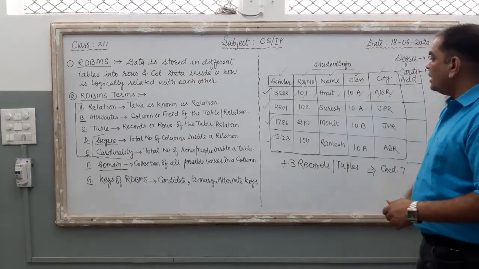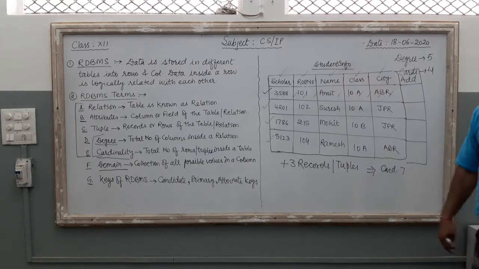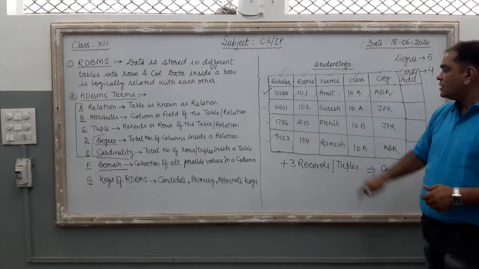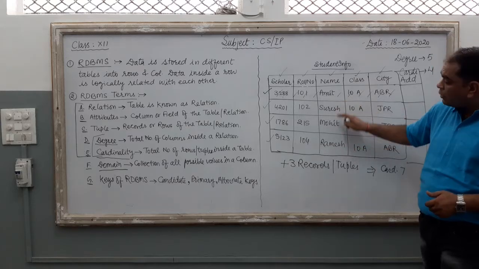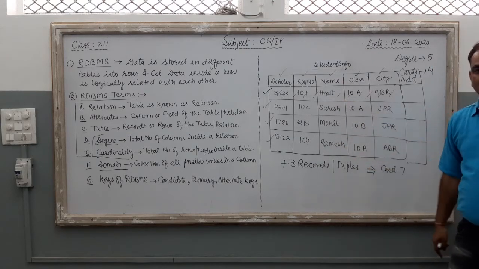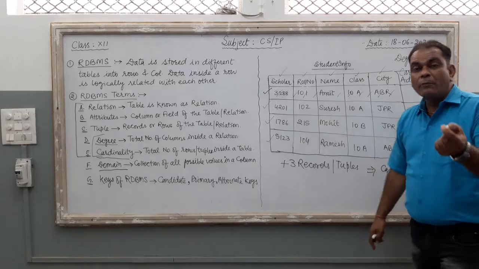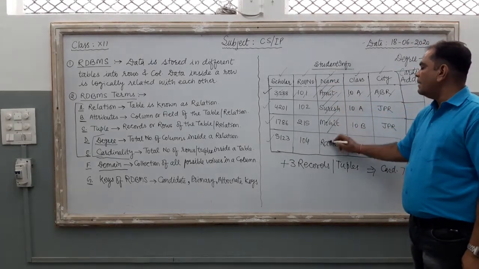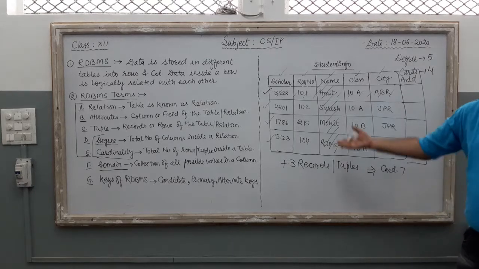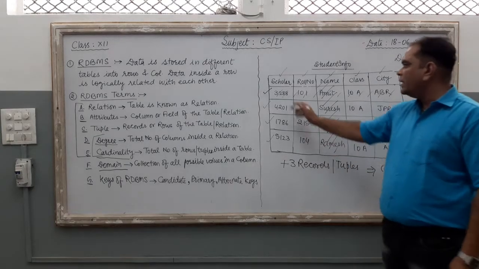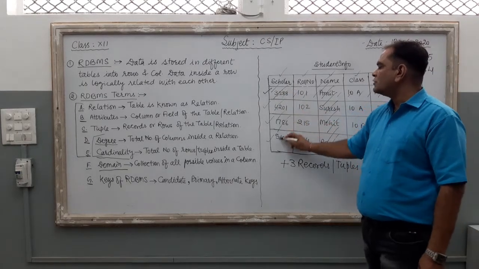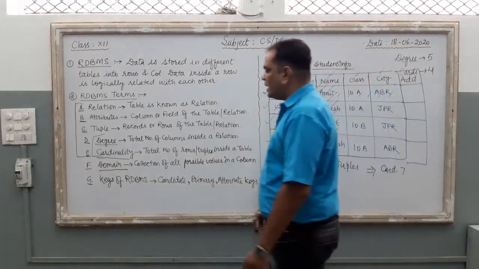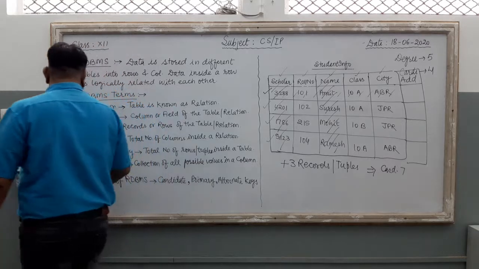The next question is to find the domain of the name attribute. Amit, Suresh, Mohit, Ramesh. These 4 names are under the name domain. If asked to shade the name domain, this is the name domain of this table. It is the answer. This one is the scholar domain, the scholar area of the table. Simple. So this is the concept of domain.